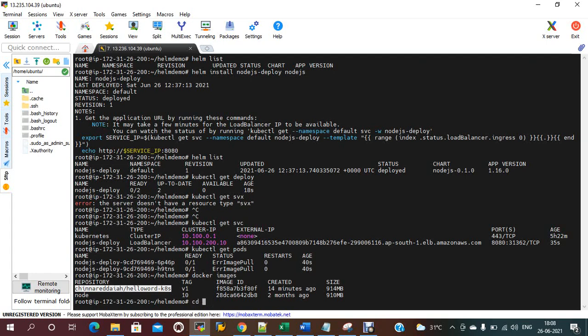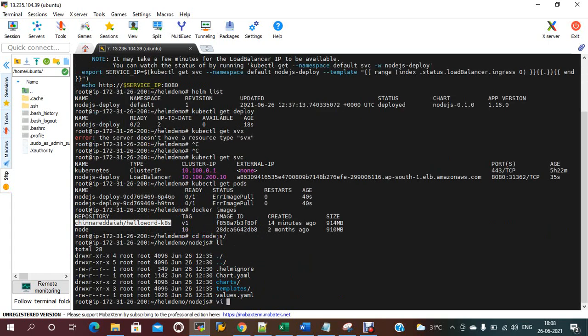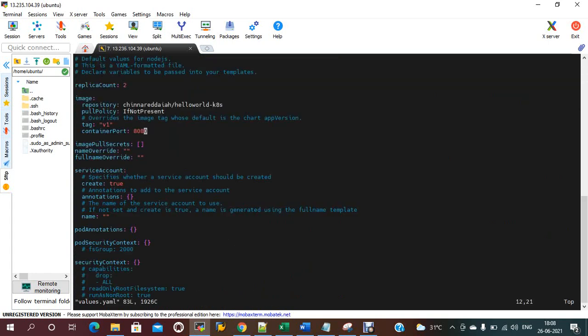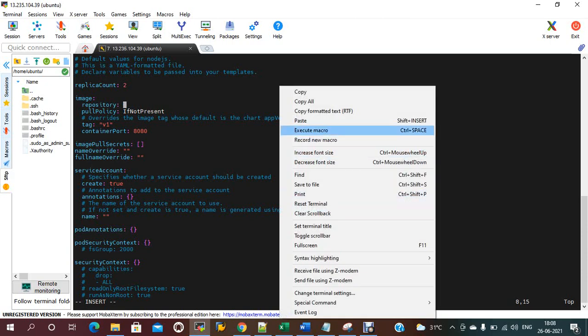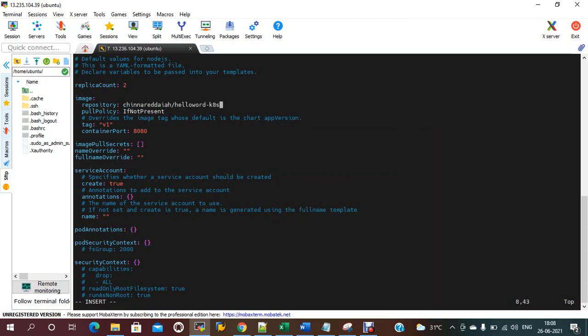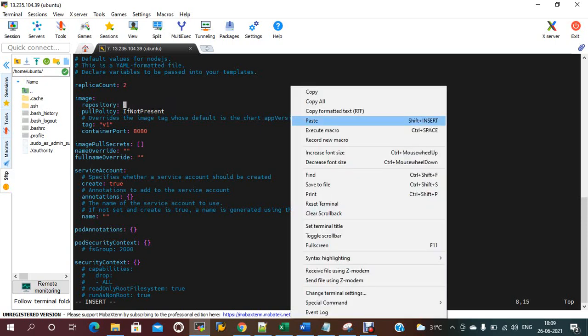cd nodejs, vi values. So I'm giving the proper image name.